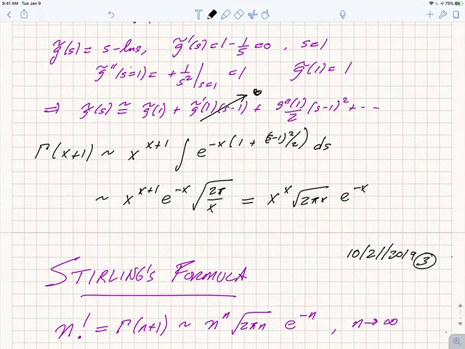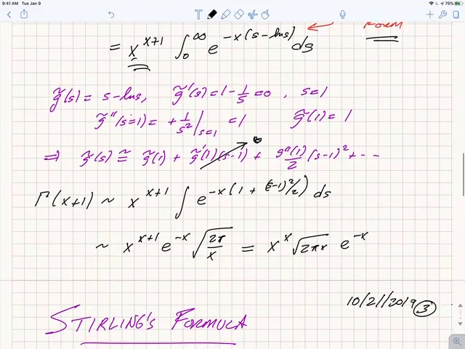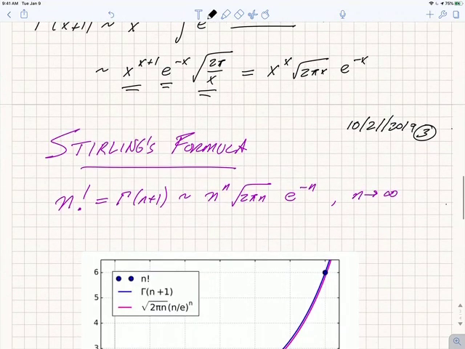So gamma of x plus 1 is asymptotic to, well, we have the x to the x plus 1 over here. We have e to the minus x, and we just plug in the quadratic approximation for a function in terms of s, 1 plus s minus 1 squared over 2. And we can just do the integral the way that we did before. We get x to the x plus 1, e to the minus x, the square root of 2 pi x, or x to the x, the square root of 2 pi x, e to the minus x,